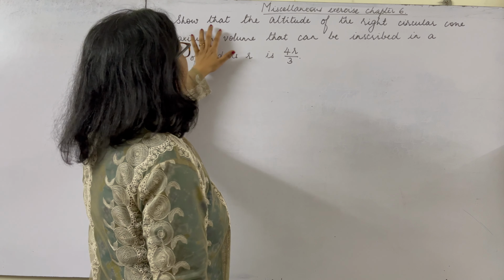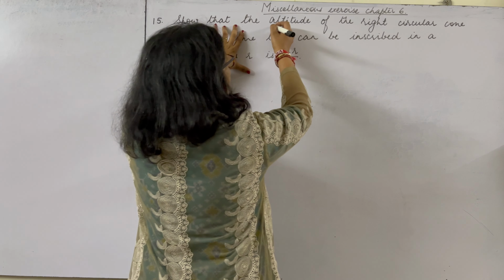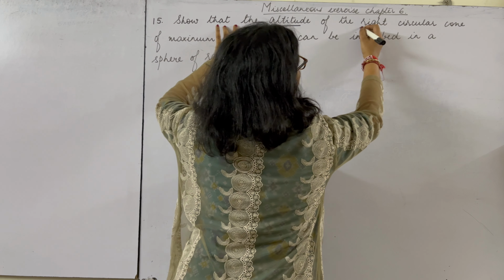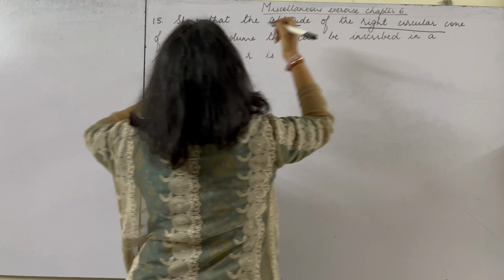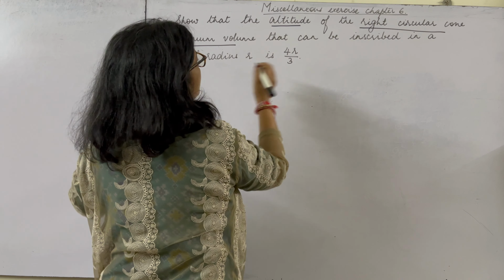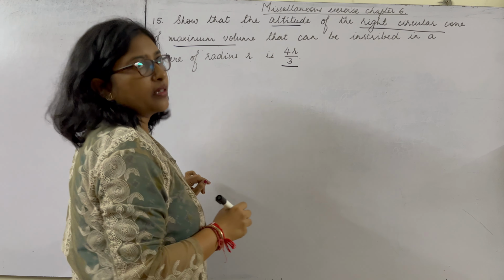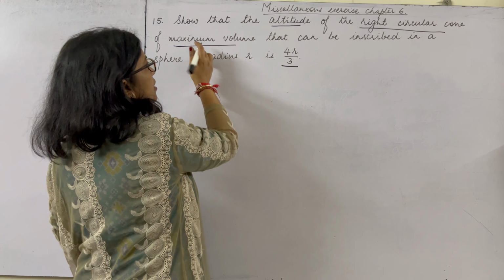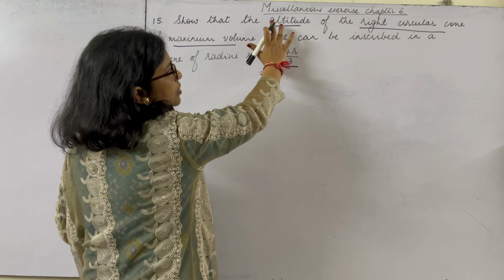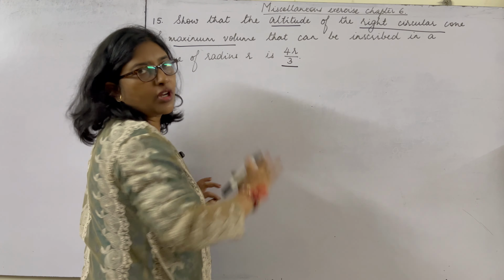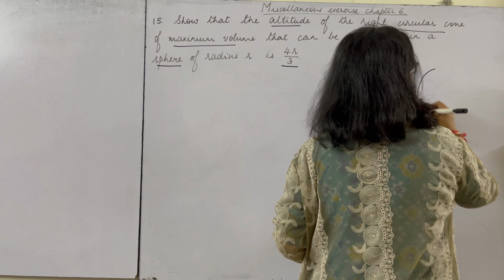The question is, show that the altitude of a right circular cone with maximum volume is 4r by 3. So we want to first show that the volume is maximum and then show that the altitude of the cone is 4r by 3. So let's take a sphere